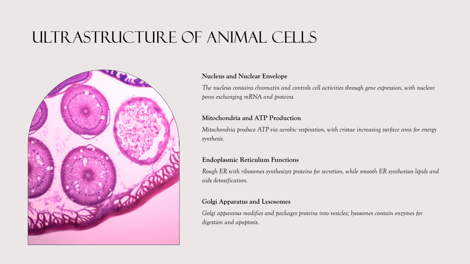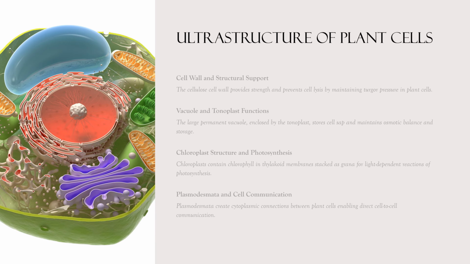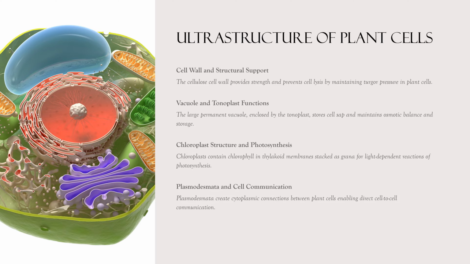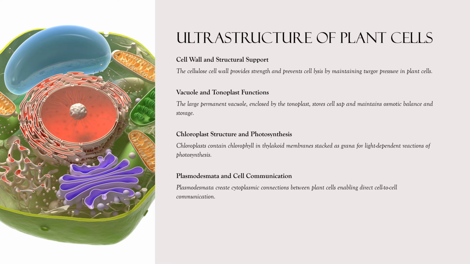The Golgi apparatus modifies, packages, and sorts proteins into vesicles, often adding carbohydrate groups to form glycoproteins. Lysosomes contain hydrolytic enzymes and are important for intracellular digestion and apoptosis. Plant cells share many features with animal cells but also possess unique structures that reflect their role in photosynthesis and support. One key feature is the cellulose cell wall, which provides structural strength and prevents cell lysis by maintaining turgor